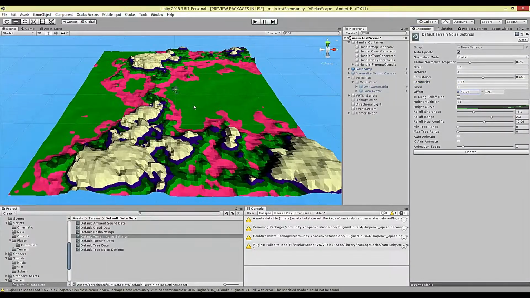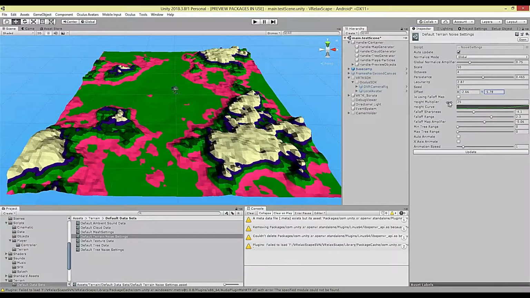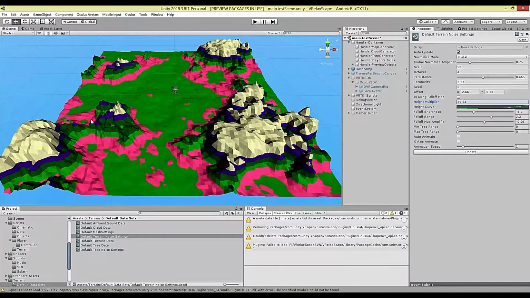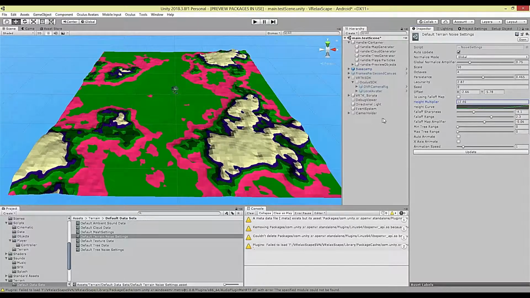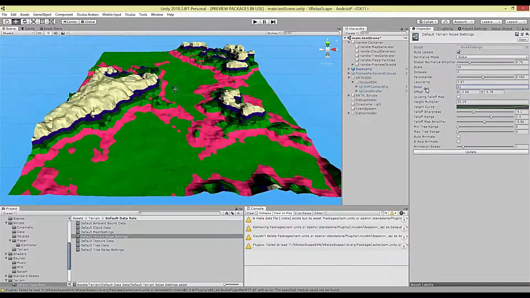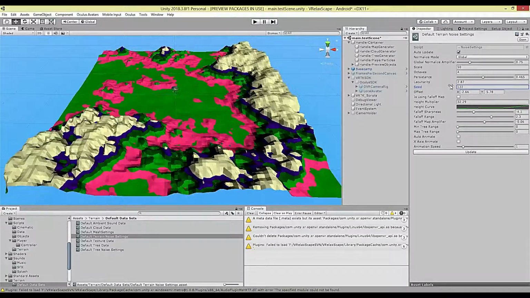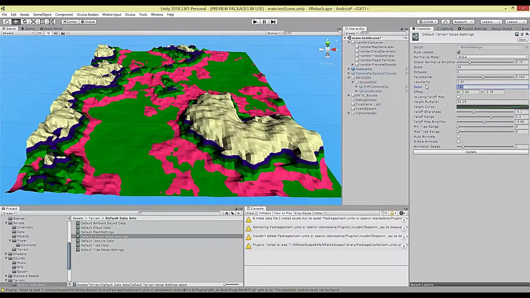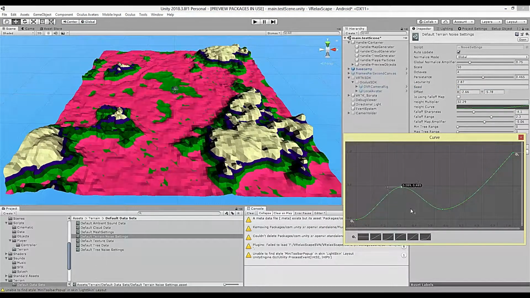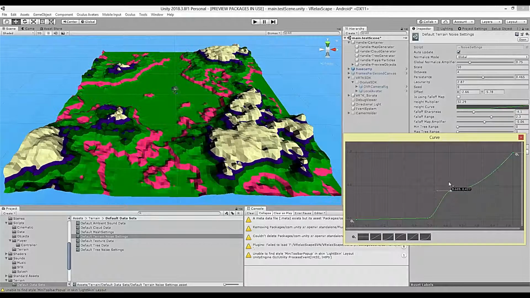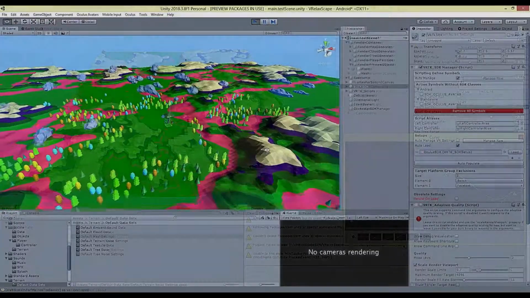Offset changes where the sample center is drawn from. You can multiply the height of the terrain, so you can create very low hills or very extreme hills. Changing the seed actually changes basically how the entire terrain itself is generated, but it also gives control over being able to generate the same terrain if you so please. And the height curve is a multiplication of the height that happens at the end, so that you can create